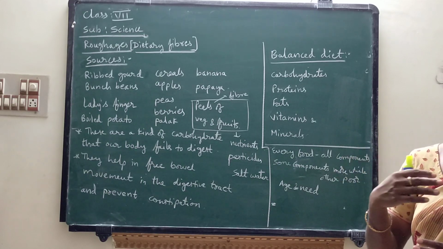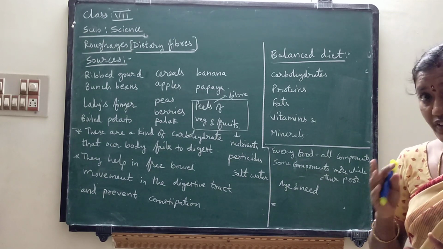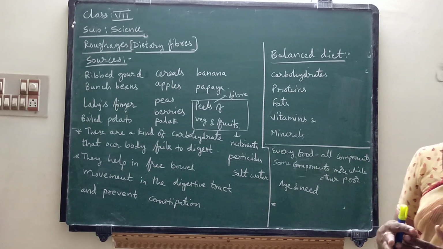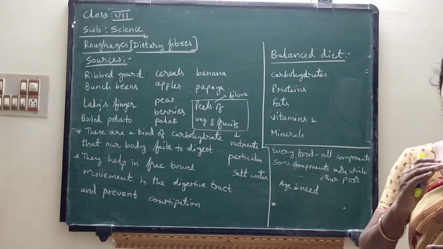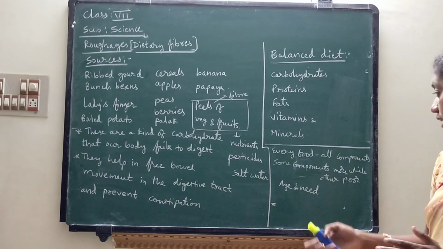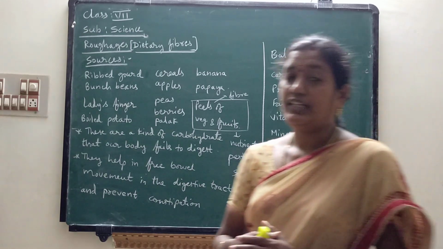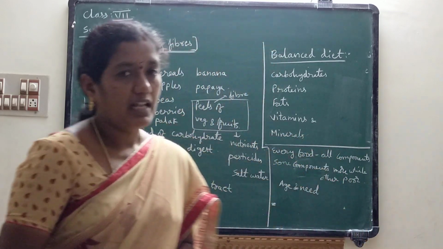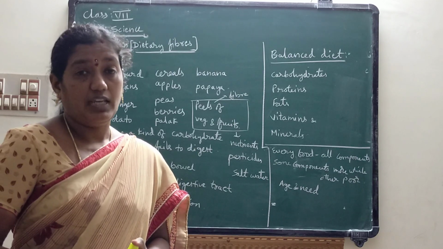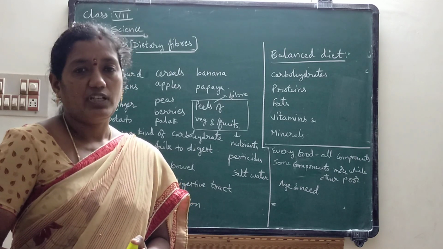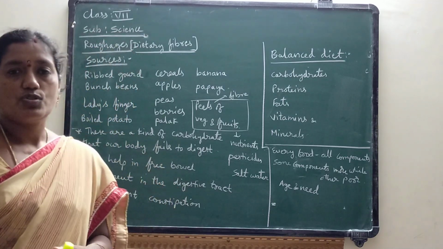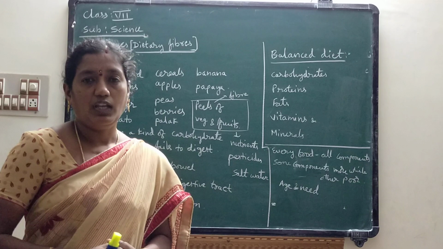Every day you have to eat vegetable curries, and every day you have to eat one fruit, because in order to get rid of diseases, you should maintain a balanced diet. It is very, very important. According to age and need, we have to take this balanced diet, children. People in adolescence must take more protein foods, that means cereals, pulses, milk, meat, eggs. You should include these protein foods in your diet.